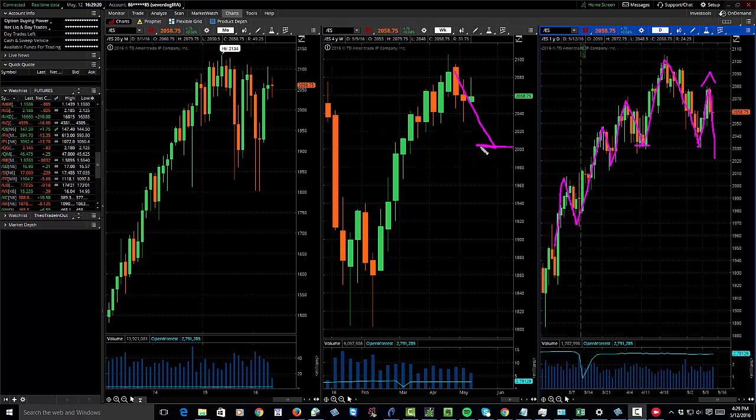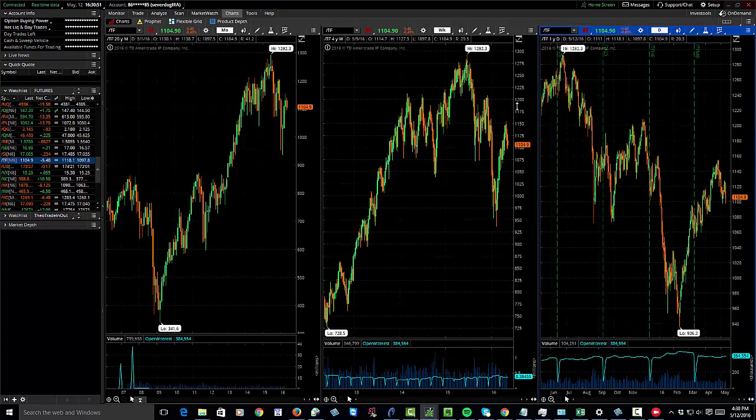Now, I do believe that about the 2000 level on the S&P is going to be major support for a couple of reasons. First of all, this is actually the 38.2% retracement of this entire swing, and this often becomes important support even if this just turns into a bounce from there to a lower high. So what we're going to find out in the next few weeks is whether or not the S&P wants to break higher from here or stay range bound, or perhaps even set up a lower high and then start working down.